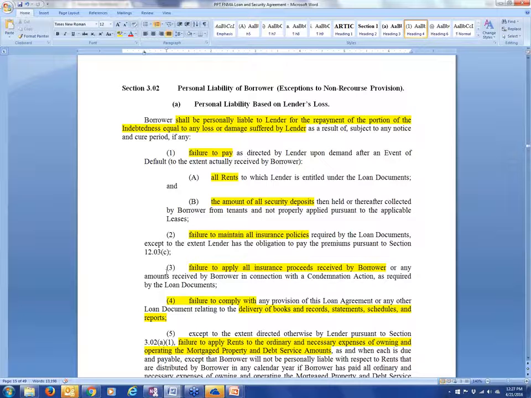You shall be personally liable to the lender for the repayment of the portion of the indebtedness equal to any loss or damage suffered by the lender. Remember, folks, it's not just the amount of the mortgage. It could be more, because they're going to whack you with legal fees and costs and protective advances, and you name it, they'll hit you for it. So it could end up being a lot more if you fail to pay all the rents when the lender,